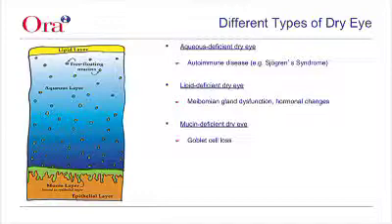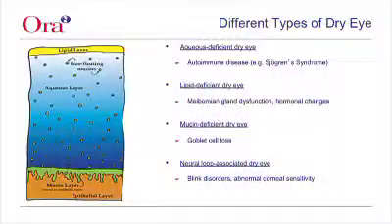It's the lowest portion of the tear that actually rests on the surface of the eye, and it's responsible for helping spread the tears over the eye, as well as provide a defense mechanism against irritation. And in fact, you can have a combination of any one of those three as well and be diagnosed with dry eye. Neural loop-associated dry eye, we were just talking about how the sensitivity of the eye can play a